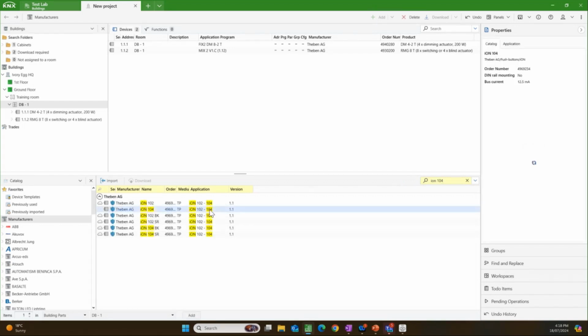Now, the trick here is the 104 is actually a secure device. It can be used in secure mode, okay? If it's to be used in secure mode, there's plenty of videos that show you how to use it, so I'm not going to go into it. One thing I do know a lot of the time people do is when you put a device in its secure mode, it automatically asks you to put a password protection on the project, which makes sense because we're trying to protect a secure key or a device key, everything